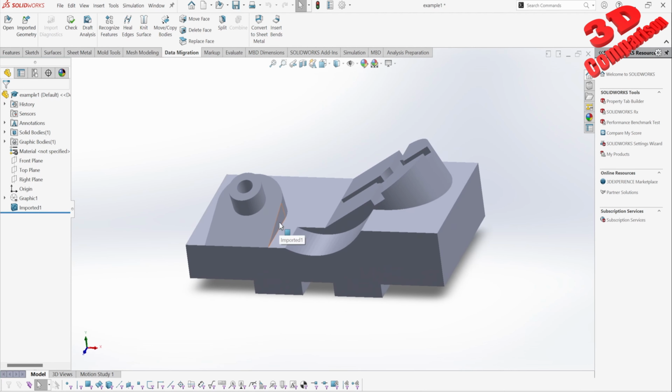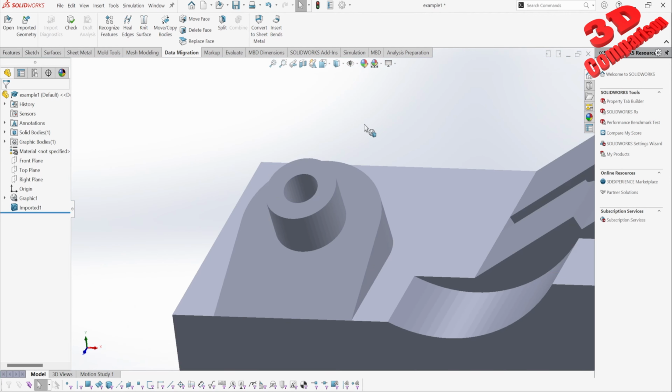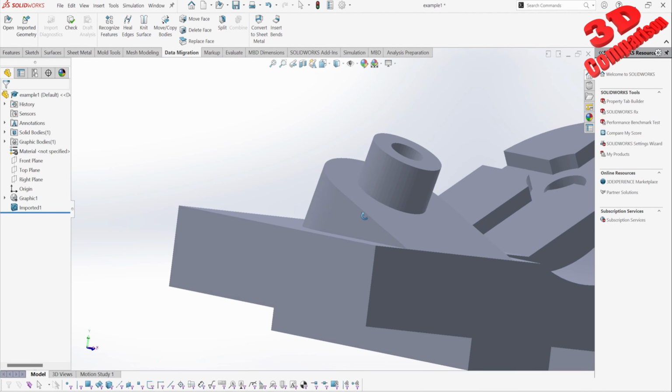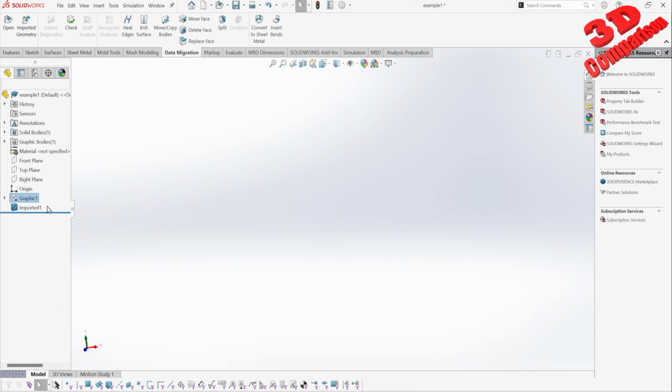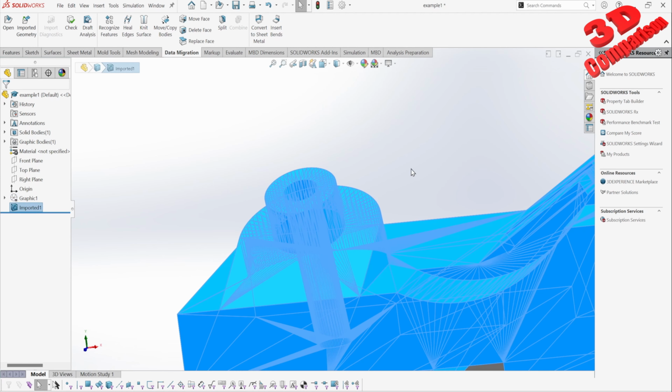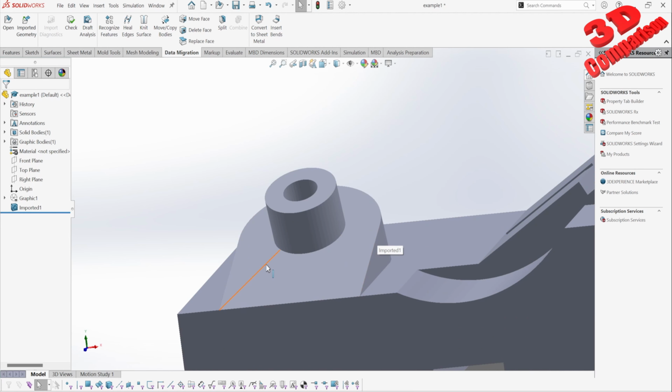we're gonna maintain the same geometry over here, but the main difference over here is that I can start to work on this. So if for the one over here, which is the graphic one, not the imported one, it is impossible for me to select, for example, and to define a plane over here. I want this plane. As we can see, I can click on it and it will just select everything. And to the right of this, you're gonna see that graphic mesh representation for this part. But if I will hide this, and I will unhide the imported one as a solid body,